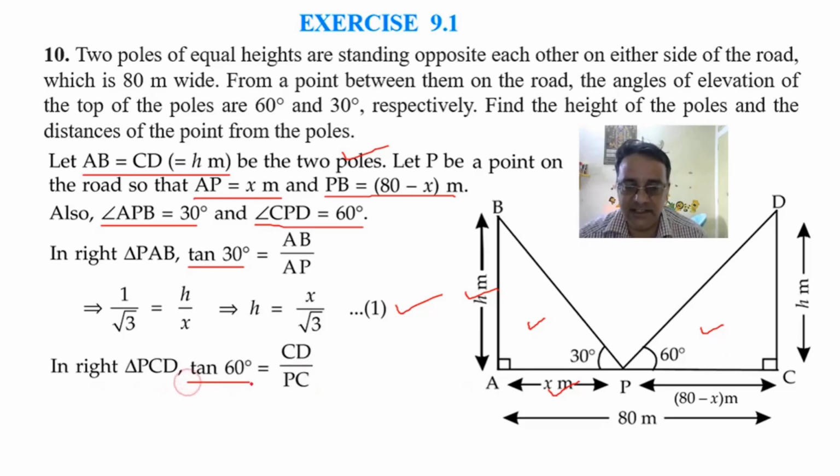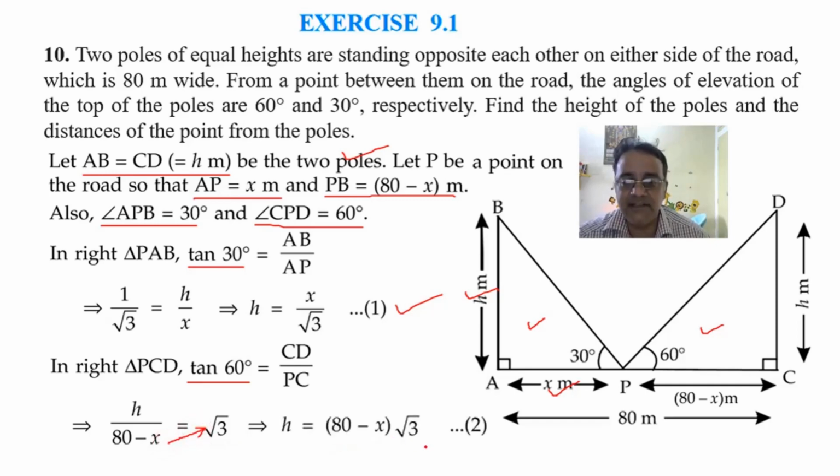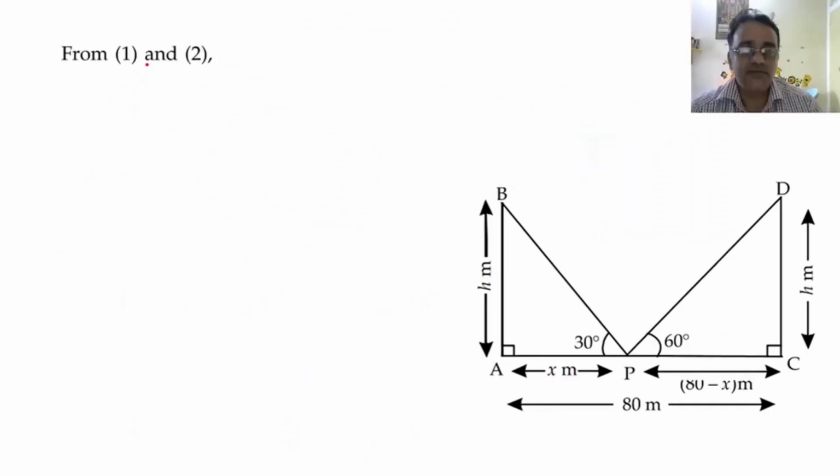What is the value of tan 60 degree? Root 3. Right. Root 3 is equals to h upon 80 minus x. Now we'll cross multiply and we'll get h is equals to 80 minus x into root 3. Let it be equation number 2. Now what we will do, we will compare equation 1 and 2. ठीक है, क्योंकि दोनों का लेफ्ट हैंड साइड h है, so this will be equals to this. Okay, so from equation 1 and 2 we will get x upon root 3 is equals to 80 minus x